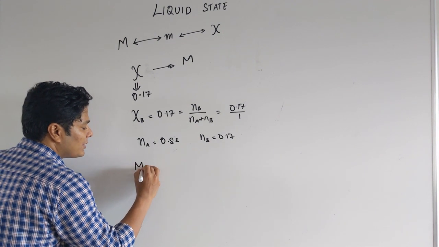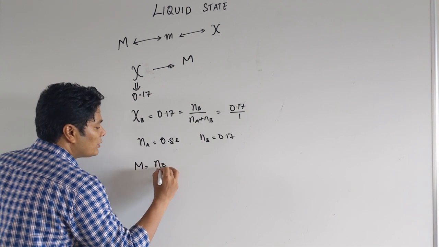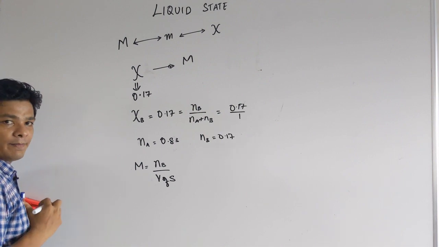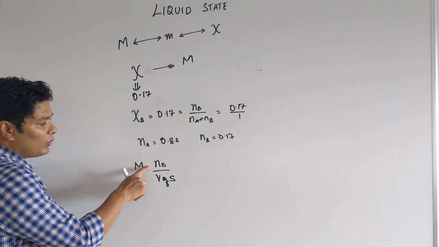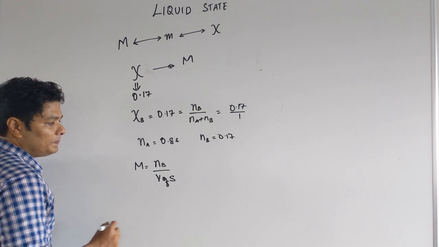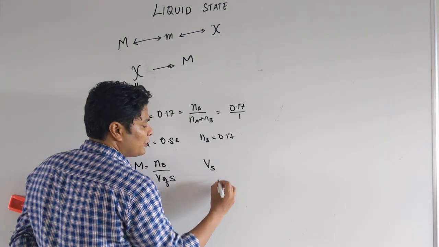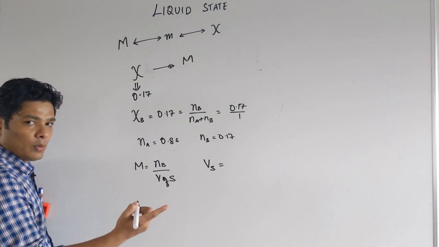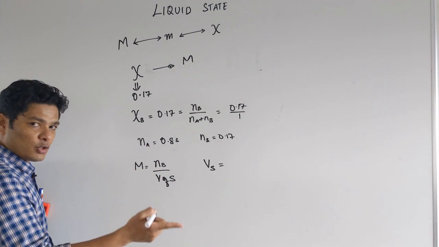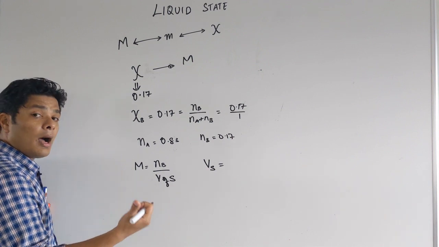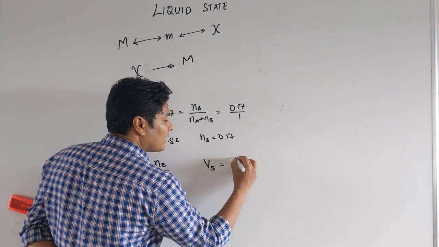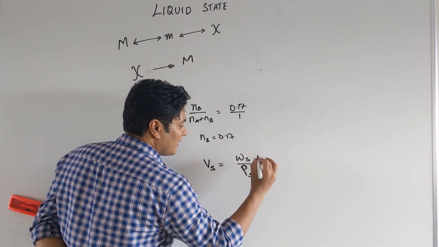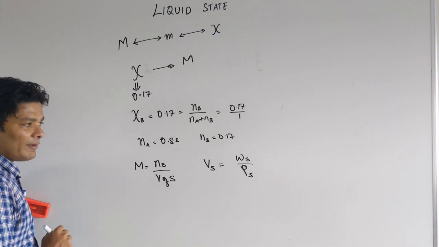Now the best way to do it is, write down the formula. I need to calculate moles B divided by volume of A plus B. Okay, this is what I have. So now moles B I already have. I need volume of solution. Volume of solution can be calculated from weight of solution. So density equals mass over volume. Okay, density is mass over volume. So now I want to calculate volume. So this is nothing but mass of S divided by density of S. Okay, density of S will be given to you.